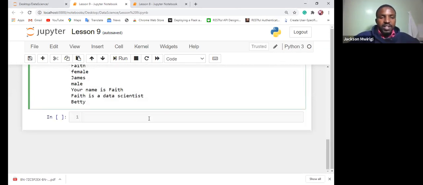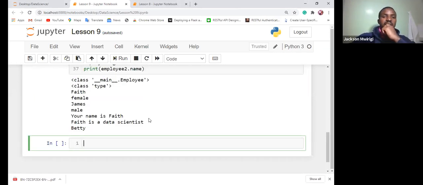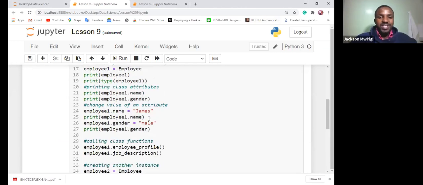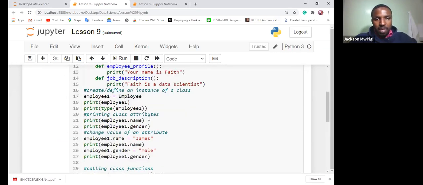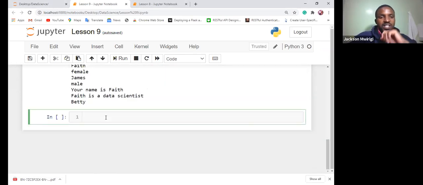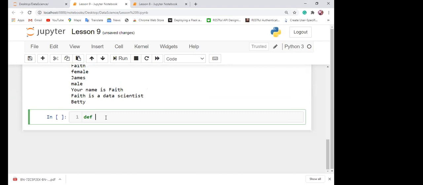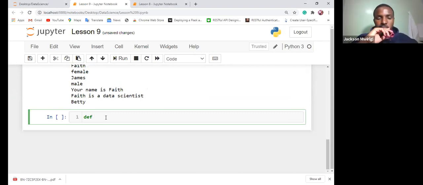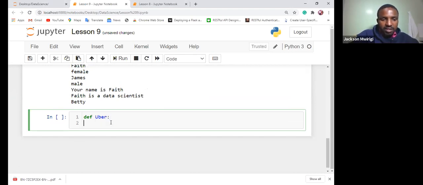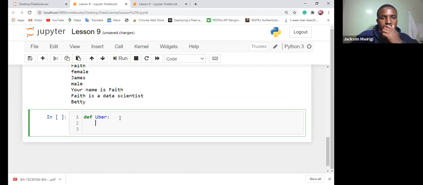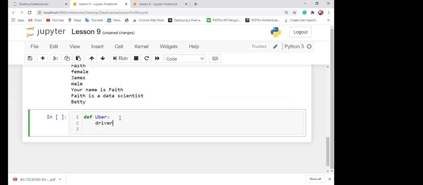So let's not define another. I don't want to confuse you in this. I don't want to modify this. Let's create another one here. This time round, maybe a cab, or an Uber. Let's just call it Uber. Every Uber has a driver, right? So a driver is